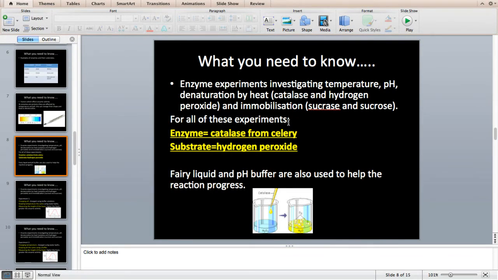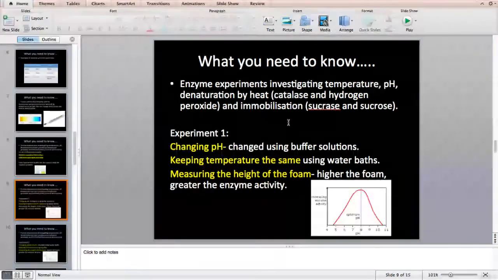Okay, your source of your enzyme was celery, and then also your products from this reaction are oxygen gas and water. Now, so your first experiment, girls, is where we change the pH. We use 4 or 5 different pH buffers, and we kept our temperature the same by using a water bath, and we looked to see what foam height occurred for each